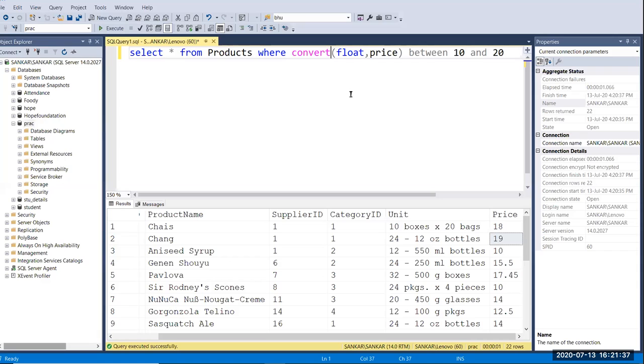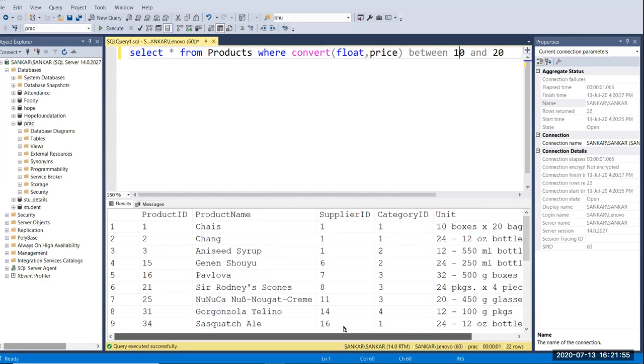After that, give a comma, then pass your column name. So now we have converted price into float. After that, here I'm giving BETWEEN 10 and 20. Now you can see the values between 10 and 20.